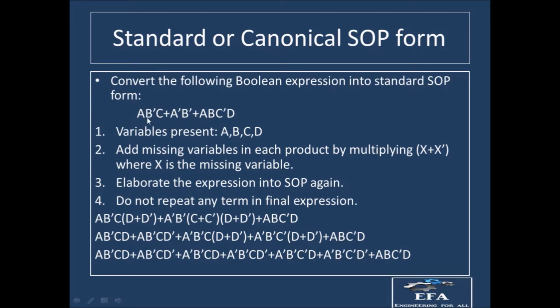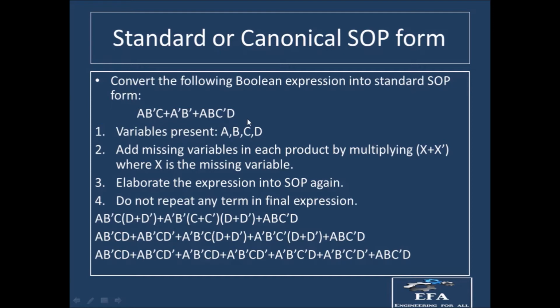In the first section, you can see that out of the four variables D is missing. In the second part, out of the four variables C and D both are missing, and in the third part all the four are present. There can be cases in which in the third part one or two or any number of the variables can be missing. So this type of expression is not a standard or canonical format.